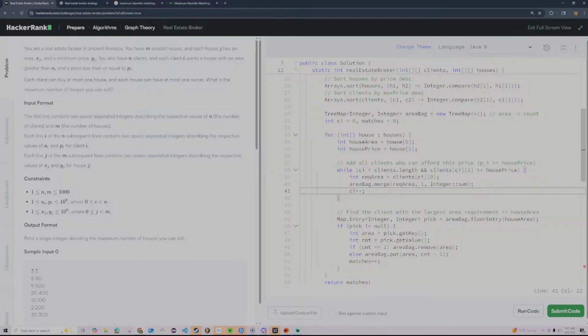And so we go to the client, we say, can you afford this house? And then after this we say, all right, is the house big enough for you? So first we say, can you afford this house? And then we say, is this house big enough for you? And we're going to take the client with the largest house that is less than this house. So we're going to pick one where this guy has the biggest requirement for this house area,